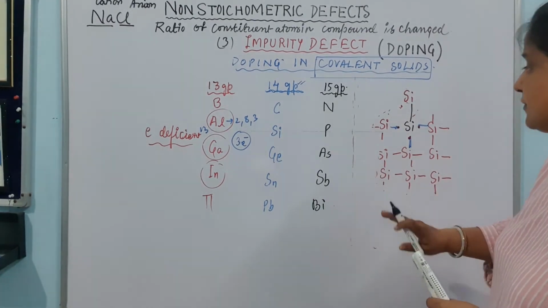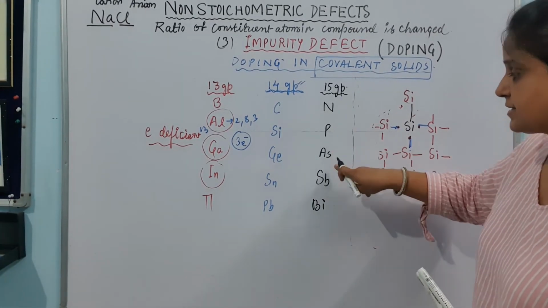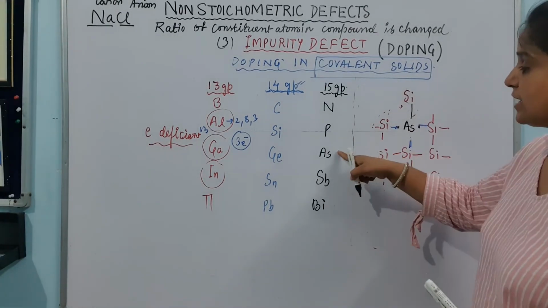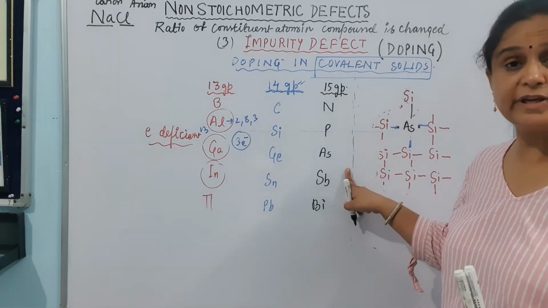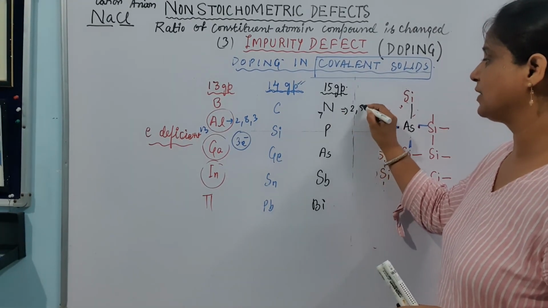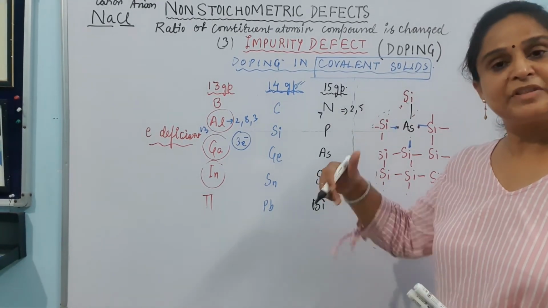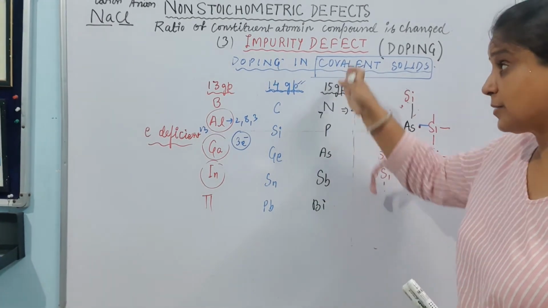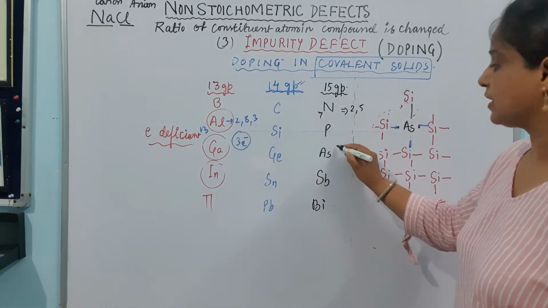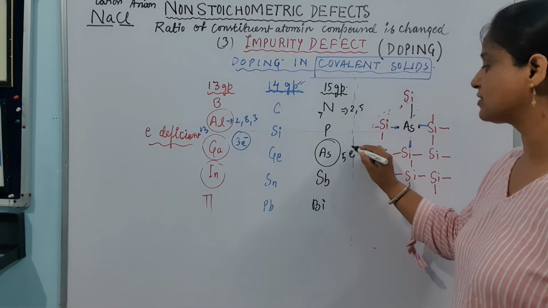I have doped it with the phosphorus या arsenic या antimony. So I am doping it with the arsenic. Okay. So arsenic, because it belongs to the group 15. How many electrons will be there in the outermost shell? Remember this. 2 and 5 is the configuration of the nitrogen. तो 5 electrons is there in the nitrogen. तो सबके outermost shell में कितने होने चाहिए? 5, because it belongs to the group 15. तो arsenic के में भी कितने होंगे? 5 electrons in the outermost shell.